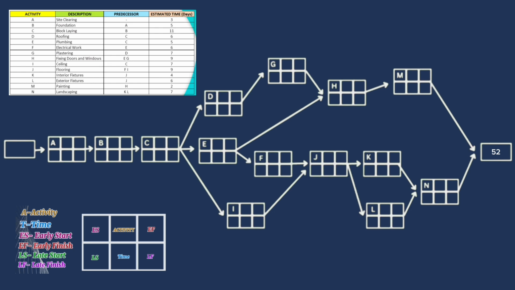The activities with 0 slack are called critical activities, while those activities that have a value above 0 have time to be delayed, but the project will still be completed within 52 days. So to sum it all up, our critical path is A, B, C, E, F, J, L,